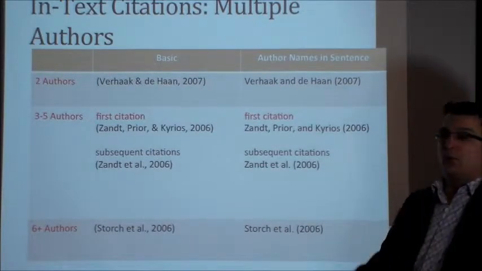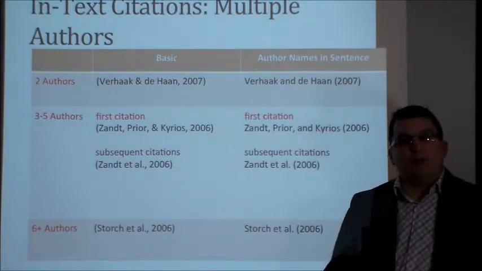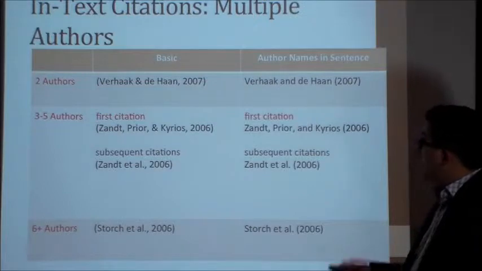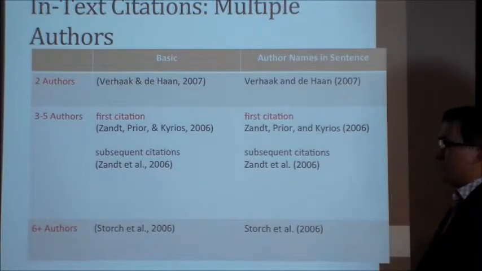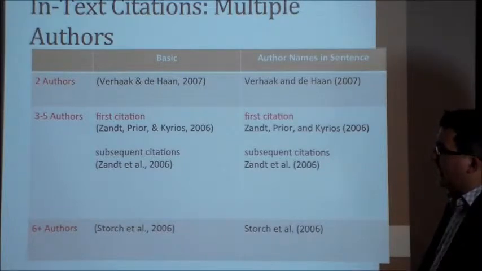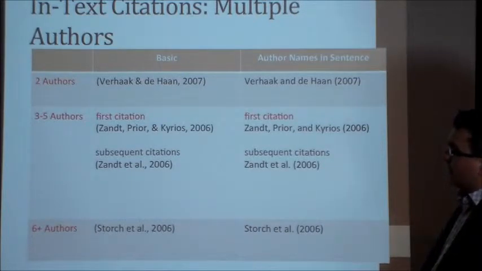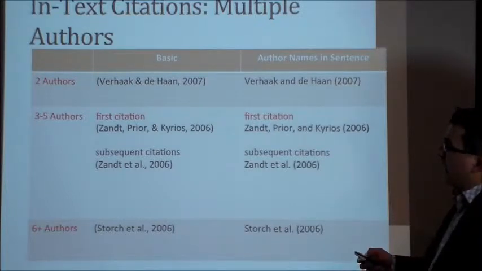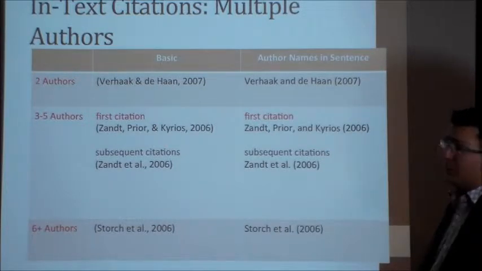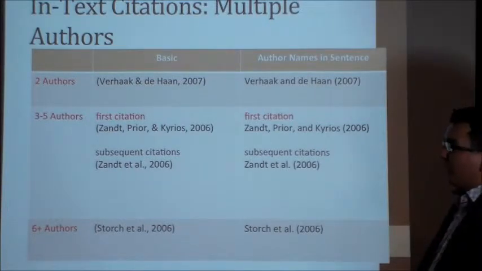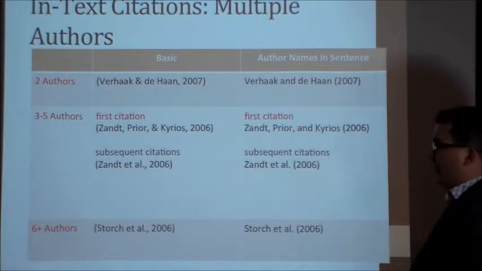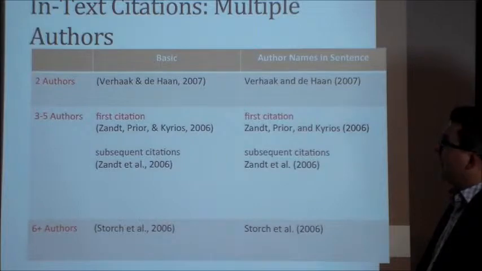It's going to start off with et al. We're going to be able to find that down the line in the reference page when we're looking for further information. Same thing with the in-sentence, same as up here. No change right there. Storch et al. 2006. So pretty simple. This may be the easier route when you have those multiple authors. To remember, six or more, first citation, no more is kind of how I remember it. So I know if there's 6 or more, I don't need that first citation anymore. I go straight to et al. So a little bit of a rhyme for you there. I have those every now and then to remember things.